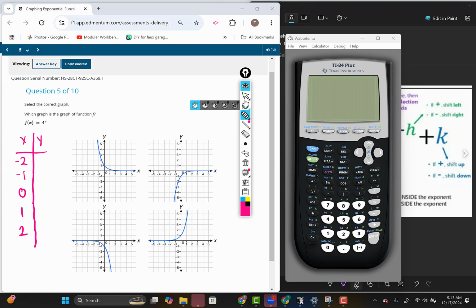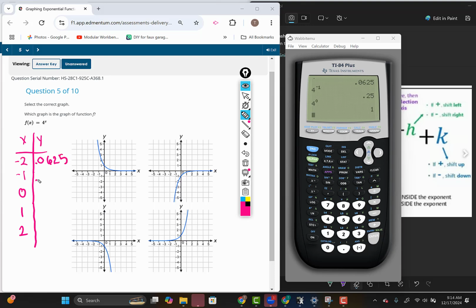So I will use the calculator for that. And I'm going to start with 4 raised to the negative 2 power. Let's go ahead and just keep going down the line. 4 raised to the negative 1 power. And 4 raised to the 0 power. Okay, and I'm going to write those down. So that's